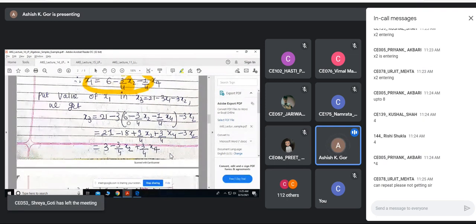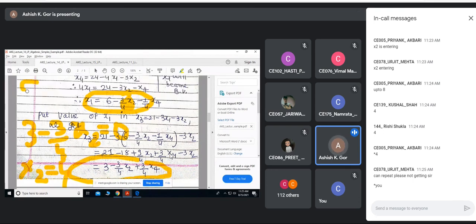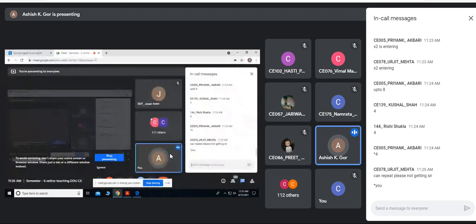Same way, I have to also see the second constraint, where x2 can be increased up to 3 minus 3 by 4 x2 equal to 0. When you start increasing x2, this x3 will start reducing, because there is a negative, you see. So when x2 becomes 4, here you get x2 equal to 4, here you get x2 equal to 8. What do you think, what is the limiting one?